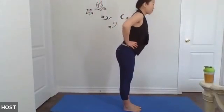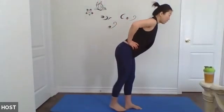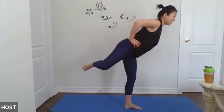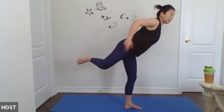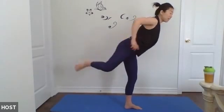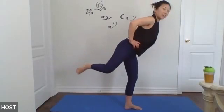Let's lean forward. Lift up the back leg. Bend the right knee to the side. I'm going to pause the right heel. So you feel that right heel is lifted up and down. For 8, 7, 6, 5, 4. You feel it on that right hip. 3, 2,